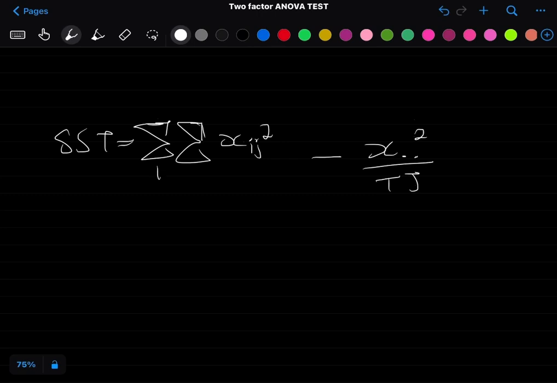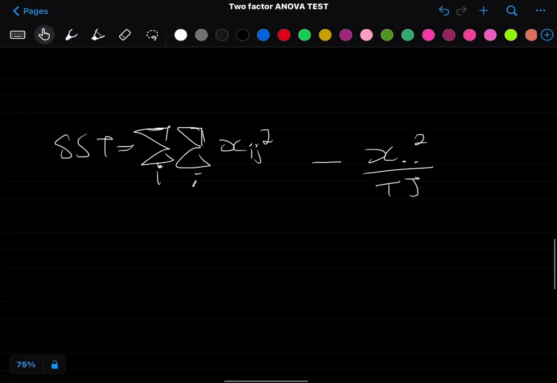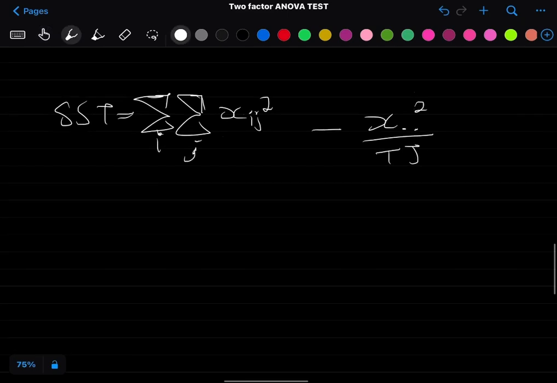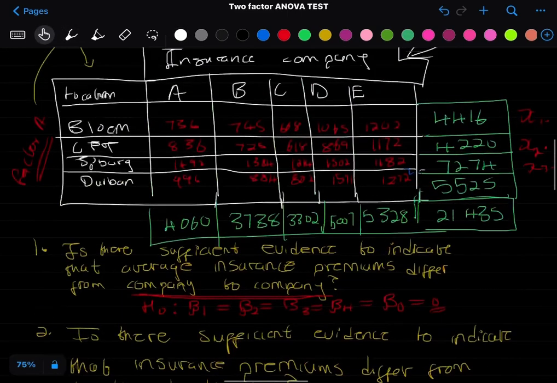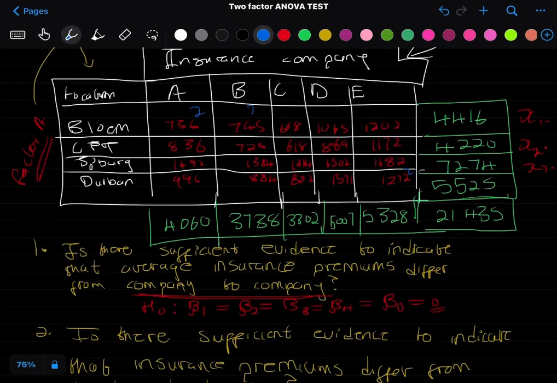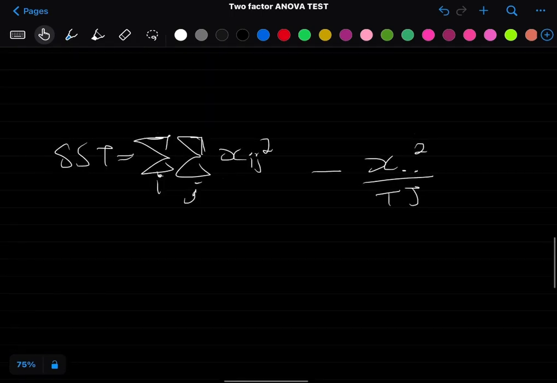So do not let these two sigmas, the sum signs, confuse you. All you need to do is square each of the observations, all of them, and then after that you sum them. So 736 squared, 745 squared until 1272 squared, sum them, and then get this and subtract it from the correction factor. This will be